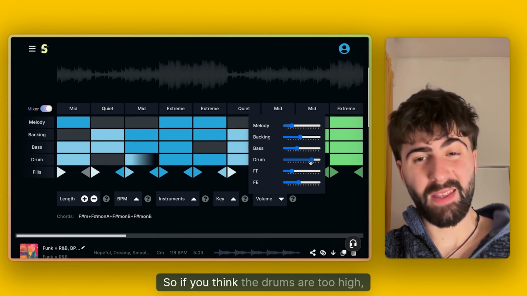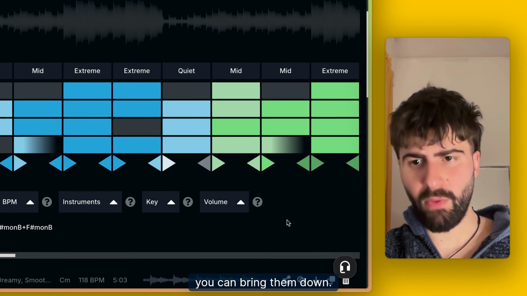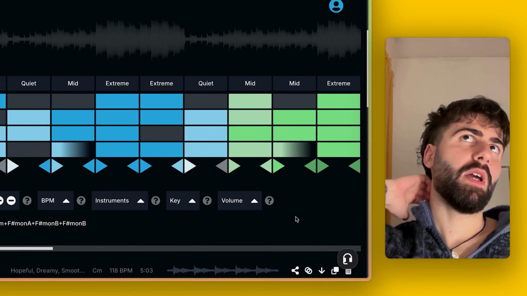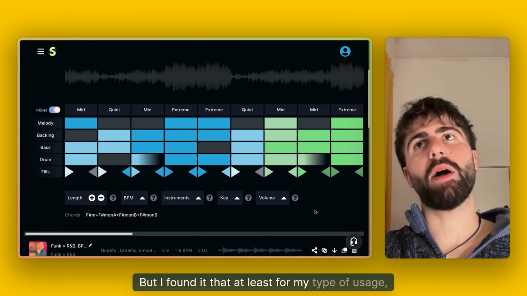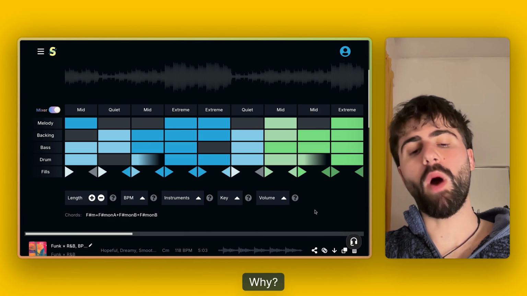So if you think the drums are too high, you can bring them down. It's very highly customizable, but that is a good thing. But I found that, at least for my type of usage, it was a bad thing too. Why? Because